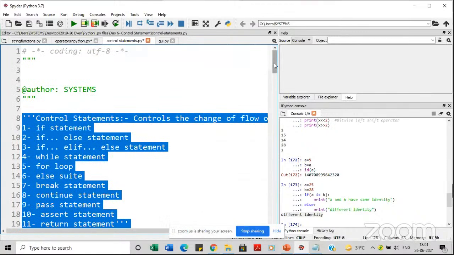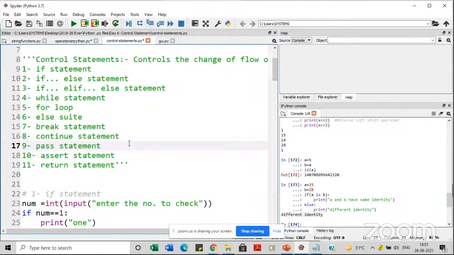So what are control statements basically? It is something that controls the flow of program, right? We are giving the set of instructions to be executed. If I can vary the flow of execution as per my choice, then for that we need some special syntax, which is nothing but the control statement. There are a few examples of the control statement, like we have if statement, we have if else